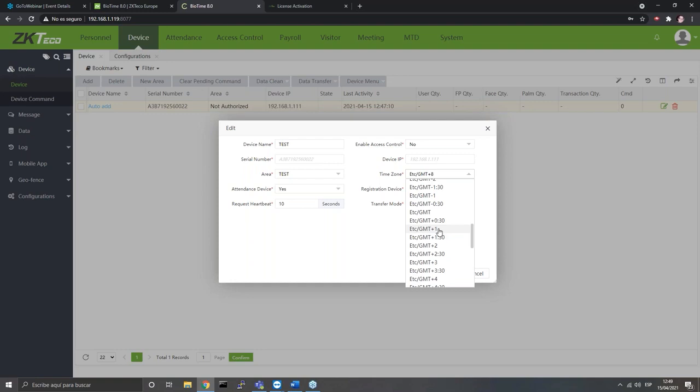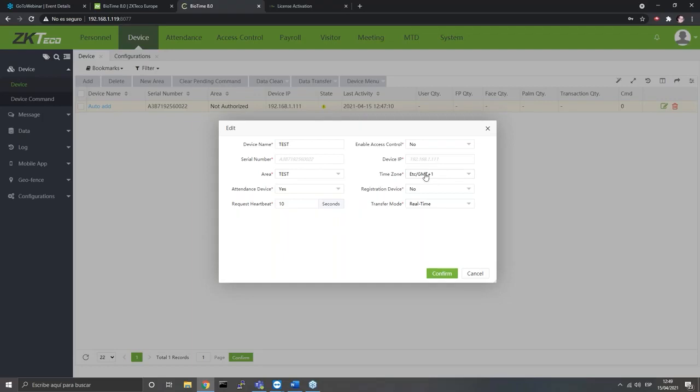Okay, this is important. Don't put it to +2, because currently in Europe we are in the +2 time zone, which is the time zone with daylight savings, and then when the daylight savings time ends, we would need to come here and modify the time zone manually. So what we need to do is to put it without the daylight savings time and make the configuration in